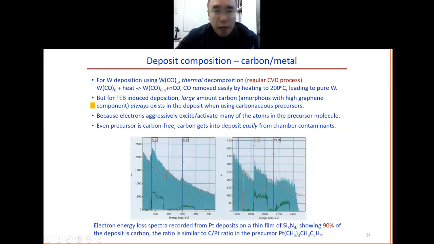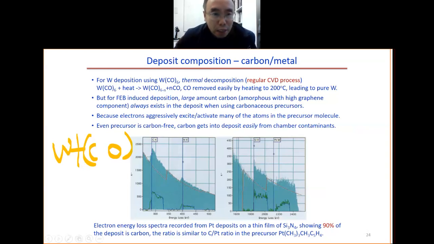So for this one, W-CO, we have this bond. This bond will be cut, leaving behind tungsten. You get very pure deposition. For the case of electron beam, you have the same thing, W-CO. The electron beam is very energetic, so it can easily cut this bond. If this chemical bond is cut, then this carbon will stay with the tungsten, and become the impurity in the